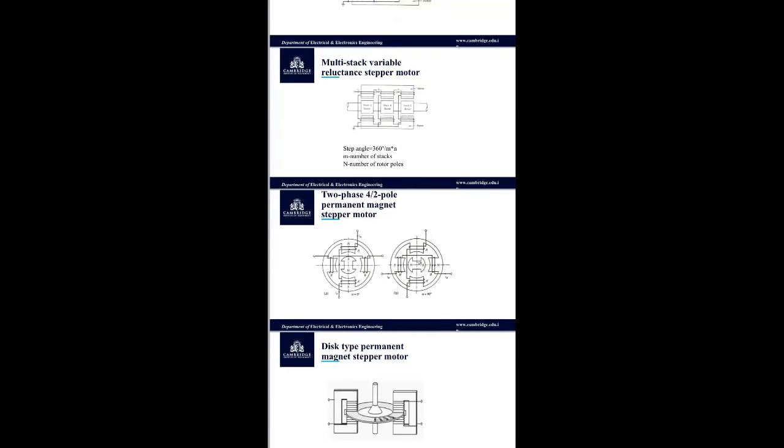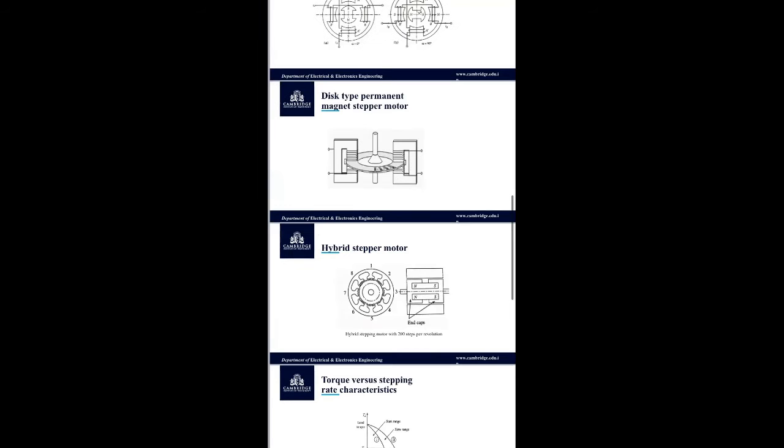Thus, polarities of winding currents determine the direction of rotation, and for bidirectional operation, the provision has to be made such that the supply is given to both phase A as well as phase B. Both the phases, if the supply is given, you can have bidirectional rotation of rotor. This is regarding permanent magnet. So the next figure is the disc type permanent magnet stepper motor. We will study the disc type permanent magnet stepper motor.